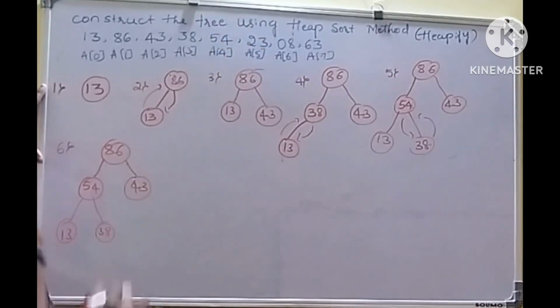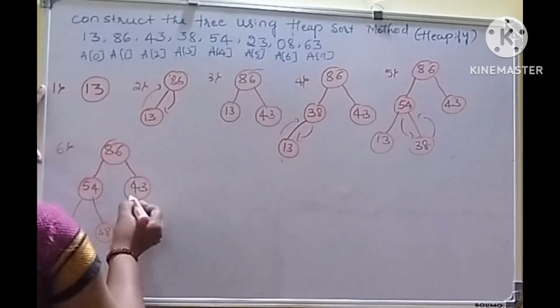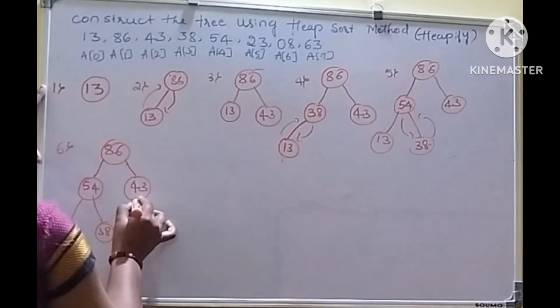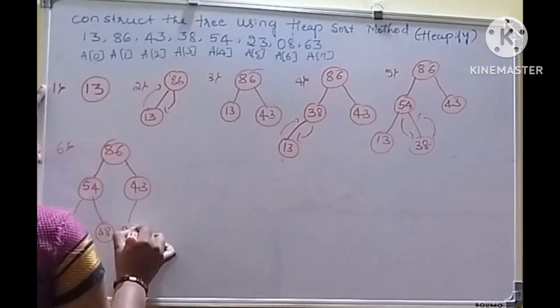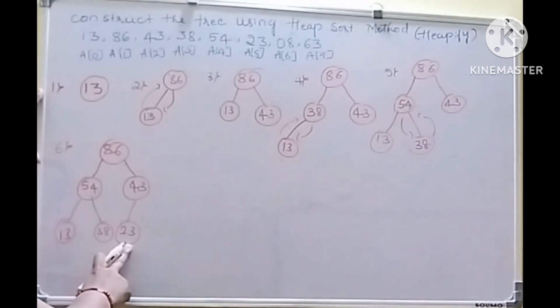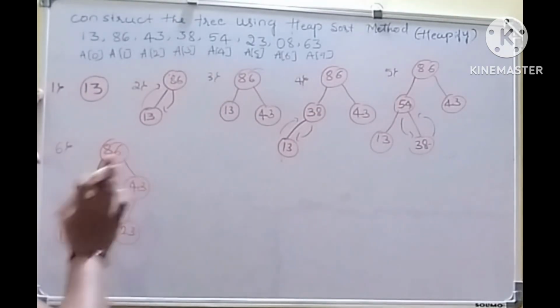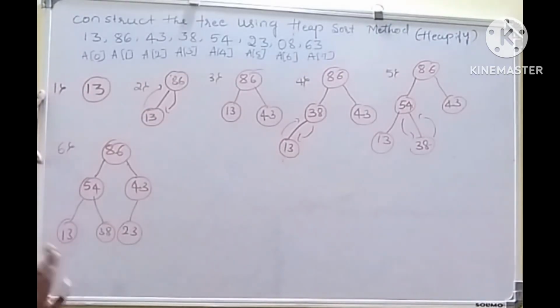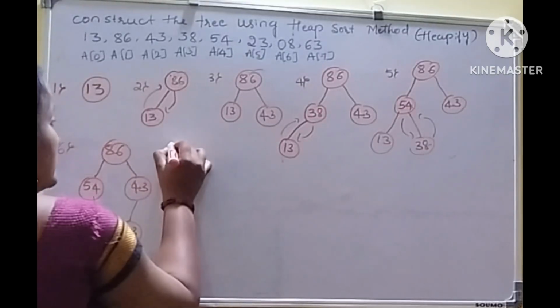Next value is what? 23. So after the left, we have to write the right subtree. 23, we have to insert. Check the rule. This is smaller than this root node, so no need to change, no need to swap, write it as it is. In the next step,